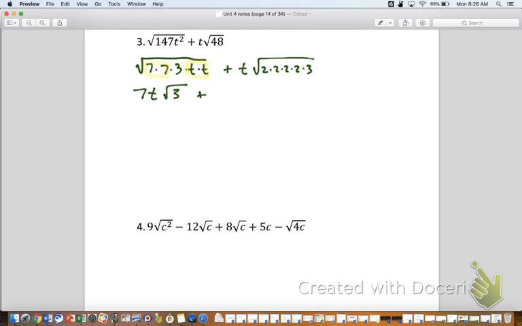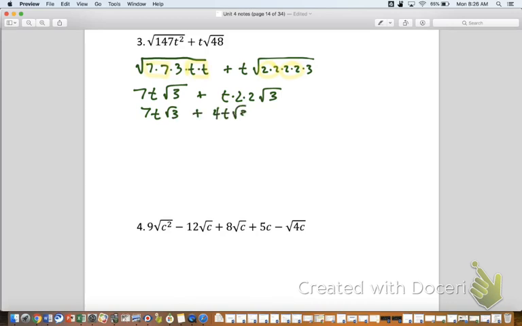Over here, the t is where it is. It's not going anywhere. But there's a pair of 2's and then another pair of 2's, right? So those 2 2's and those other 2 2's would come out as a 2 and a 2. And I'm left with the one left over on the inside. And it's at this point you look at the radicals and you're like, those actually are like radicals, right? They're both root 3's. You clean up the one on the right a little bit, 7t root 3 plus 4t